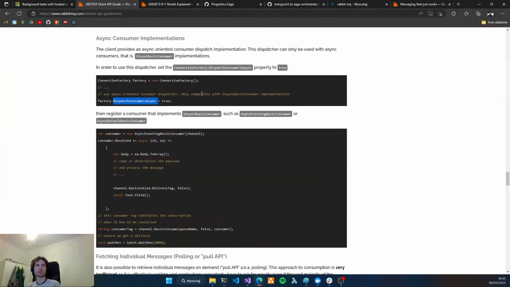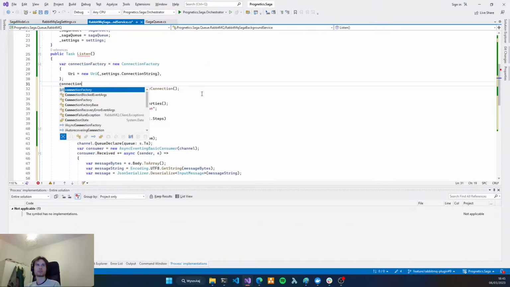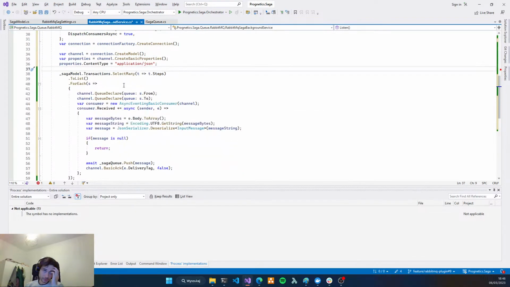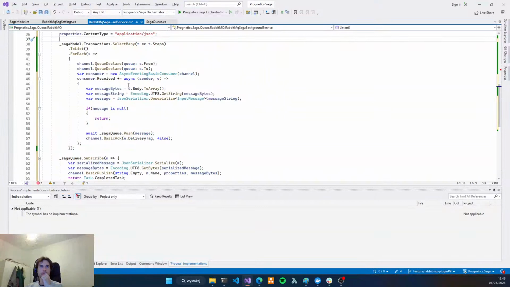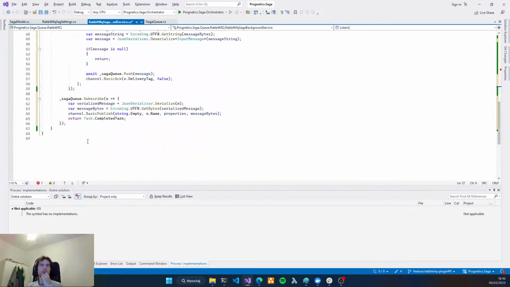It's connection factory. Okay, set it here. And now we have a basic setup. And we want to listen.